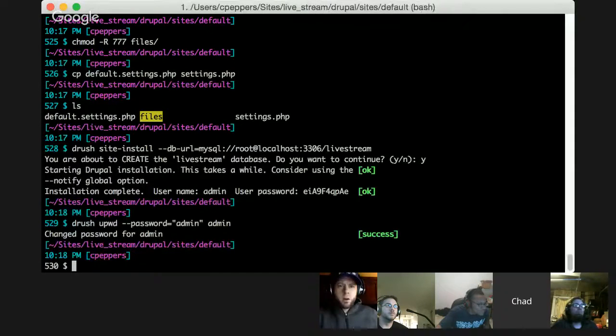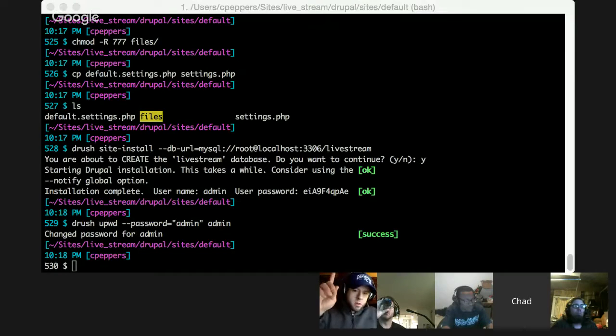Okay, so I'm just going to pull up the site here now. Yeah, and a quick note on Drush, it's got a lot of other Drupal module integration, so it's going to be instrumental in your entire dev process.